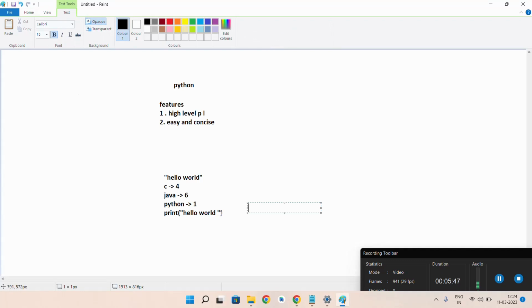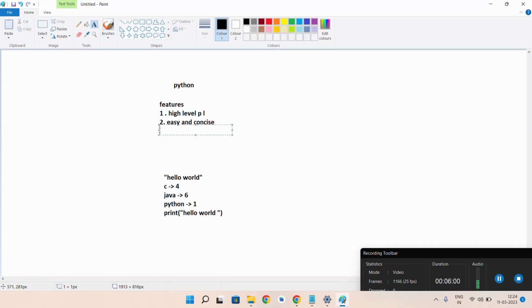See, only 1 line of code is enough for writing hello world. That much easy this Python is. When compared to all other programming languages, this is very concise code.